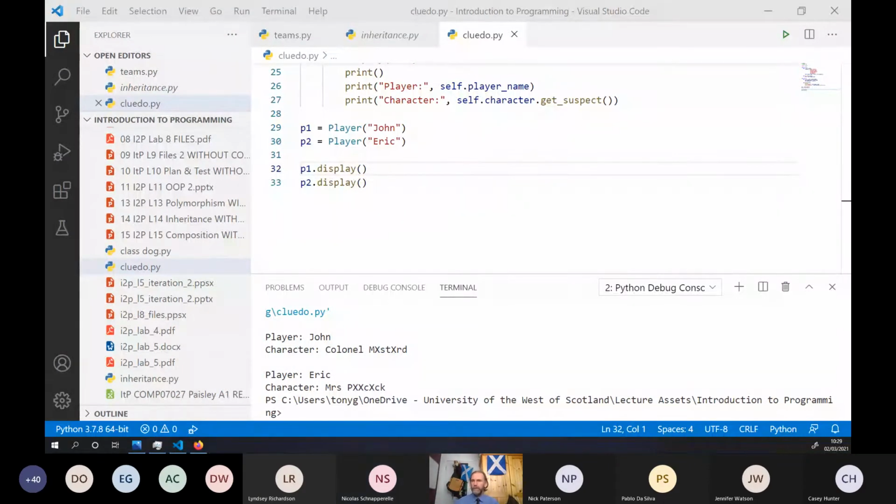Okay, so a composite contains multiple components. In this particular case, a suspect is a component of the player. So we can start to imagine relationships between different classes. That's where thinking about them before we go and start typing them up becomes important. Because if we just start typing them up, we are going to have a massive problem trying to create them without knowing what it was we wanted to create in the first place.